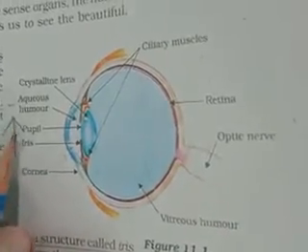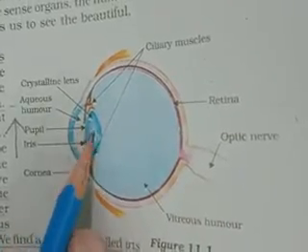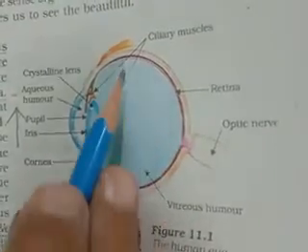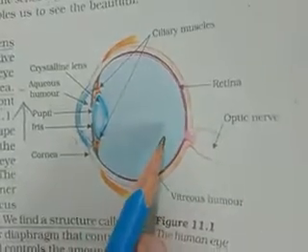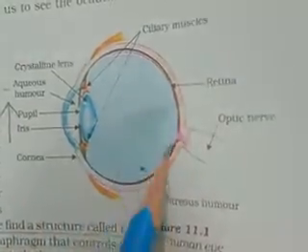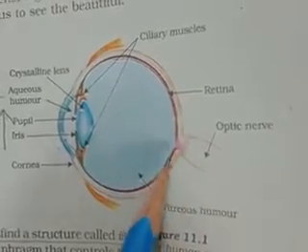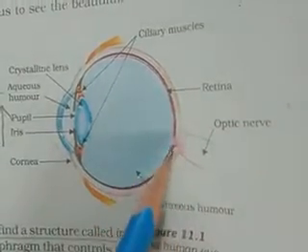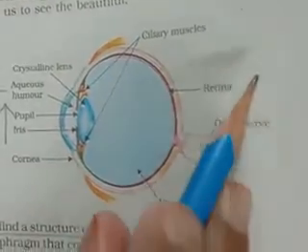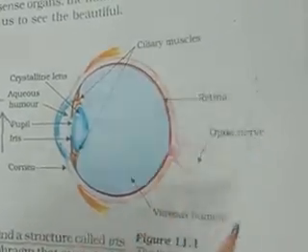After that, the image of the object is formed on the lens, the human lens. This image is then received on the retina. The retina keeps the image approximately 1/16 second. Now you just see this optic nerve. The optic nerve helps to carry whatever image is formed on the retina. This message is given to the brain by the optic nerve, and the brain has the power of recognition.